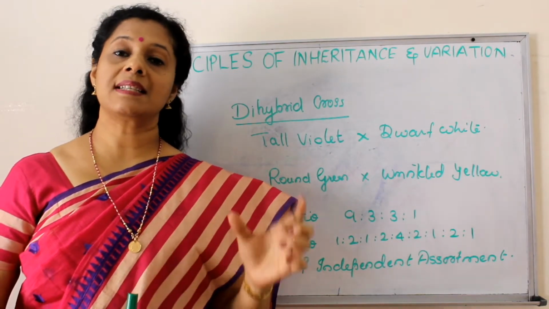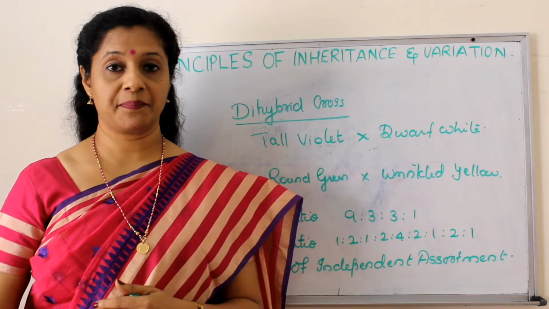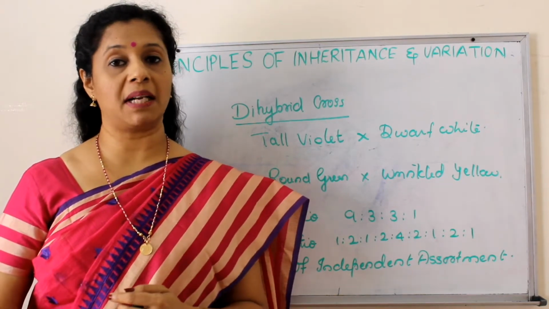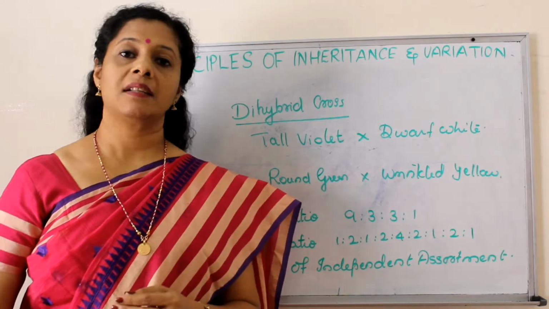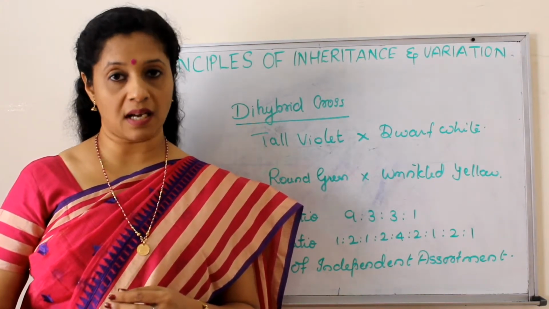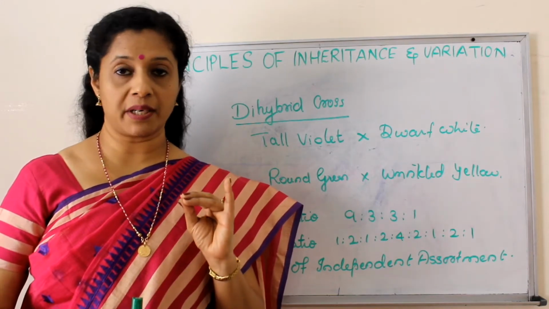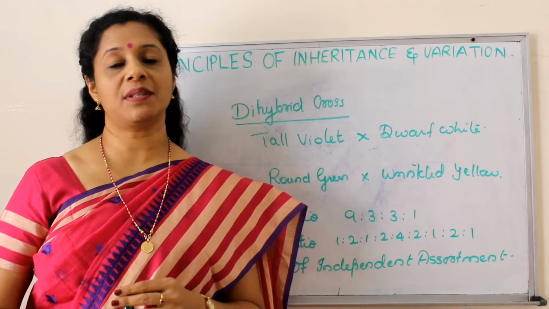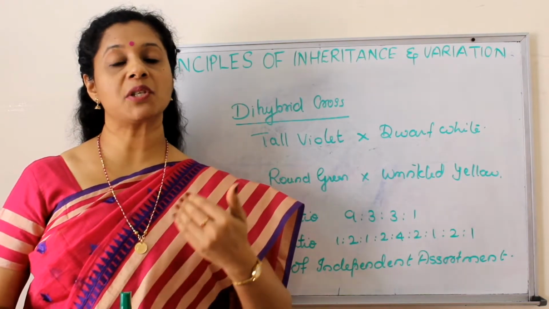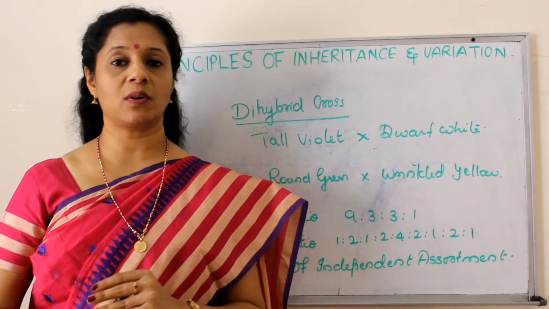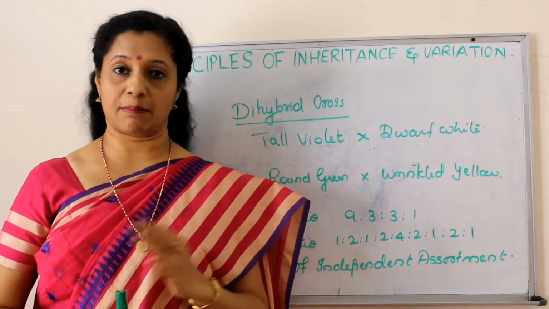We also discussed in detail the monohybrid cross, how to do it, and also the two laws proposed by Mendel followed by monohybrid cross. The laws proposed by Mendel followed by monohybrid crosses are the law of dominance and the law of segregation. After the monohybrid cross, in your textbook, some exceptions to the law of dominance are given. We will first finish the Mendelian cross and then we will move on to the exceptions.